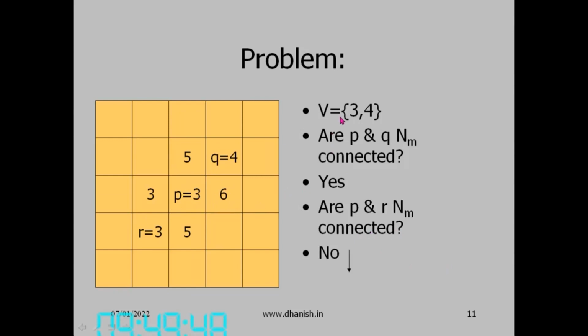Okay, so first we have to consider this V, the range of pixels which is considered. So 3 and 4 only are considered, all pixels in 3 and 4. So 5 and 6 need not be considered. So these two are not in V. Along this, it is an M connector. But along this, we have two possible paths. Because 3 is also in the same V, it is not an M connector. So we have to take the path like this, and cannot take the path like this.